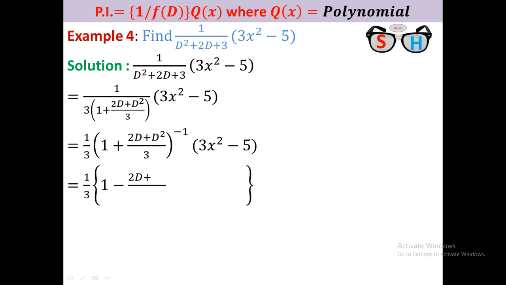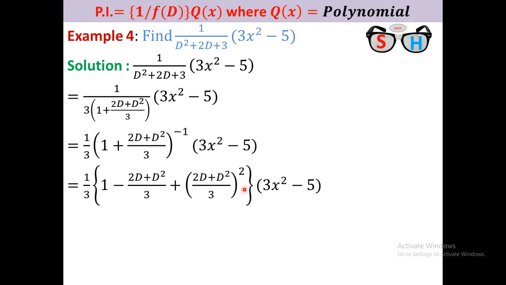This will be 1 minus x plus x square plus something dot dot, but we do not take the higher terms because you see that the right side is a second degree polynomial. Therefore, you have to take degree of D at most 2. Here the minimum degree of D is 2, but if you take the next term, which will be minus of that whole cube, the minimum degree of D will be 3. Therefore, if you use the next term on that, the result will be 0. So the last term is that.